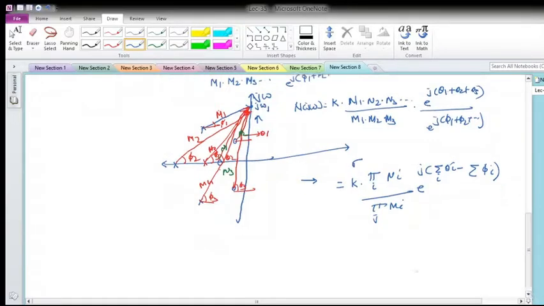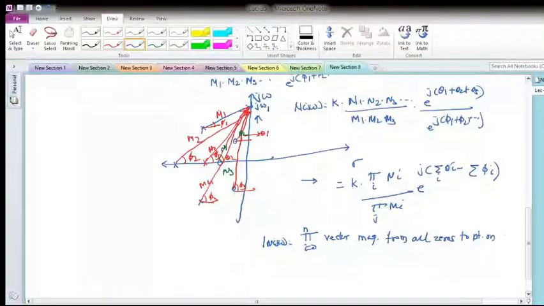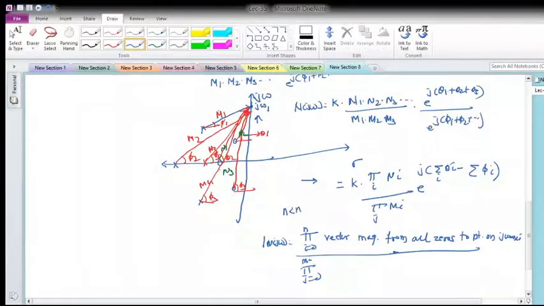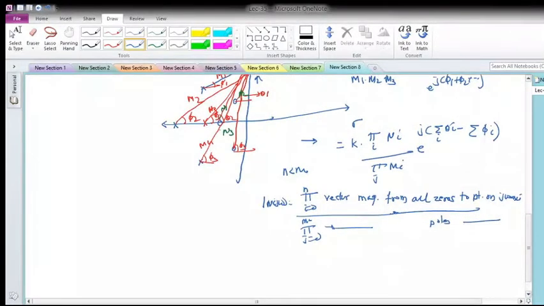Okay, so in short, what will be the magnitude N of j omega? It will be the product over i equal to 0 to n of the vector magnitudes from all zeros to the point on the j omega axis. Similarly for the poles, it will be for j equal to 1 to m number of poles, and always n has to be less than m, and this will again be the vector magnitudes from all poles to the point on the j omega axis. This way you can calculate the magnitude response.